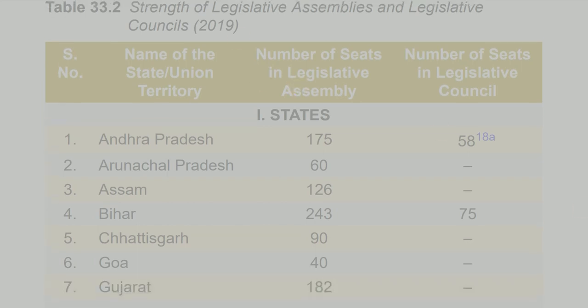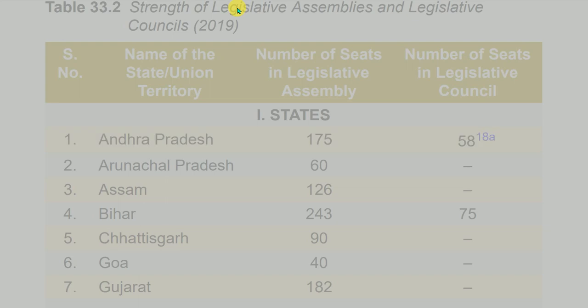Table 33.2 Strength of Legislative Assemblies and Legislative Councils, 2019. Name of the state/union territory, number of seats in Legislative Assembly, number of seats in Legislative Council. I. States: 1. Andhra Pradesh 175, 58; 2. Arunachal Pradesh 60; 3. Assam 126;